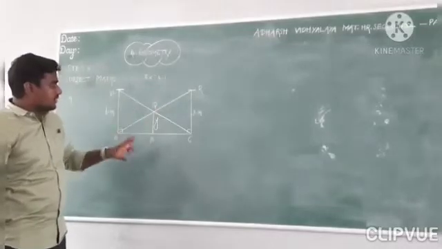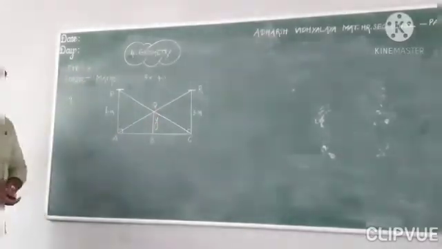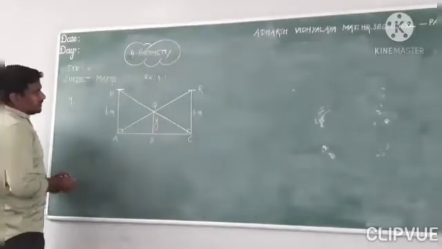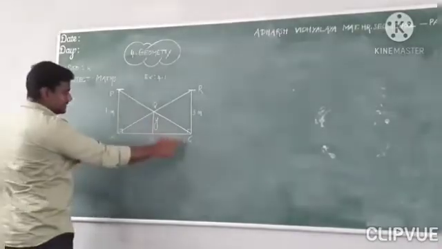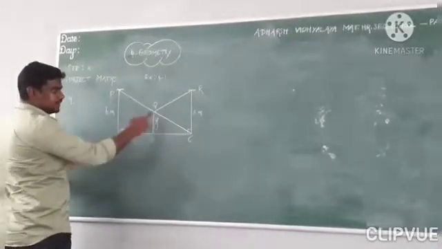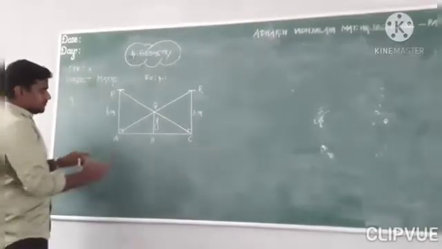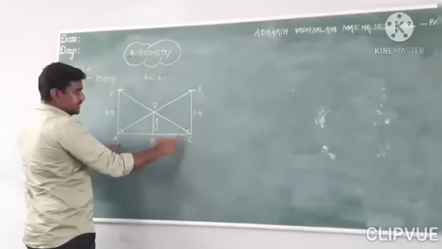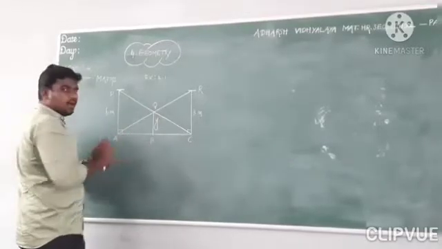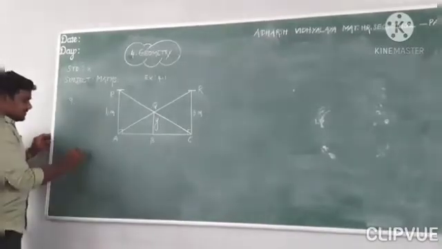Now we are going to find the value of Y by using the concept of similar triangles. First, we are going to show that the two triangles PCA and QCB are similar. Next, RAC and QAB are similar. Okay, this is the concept. Now I am going to follow this.